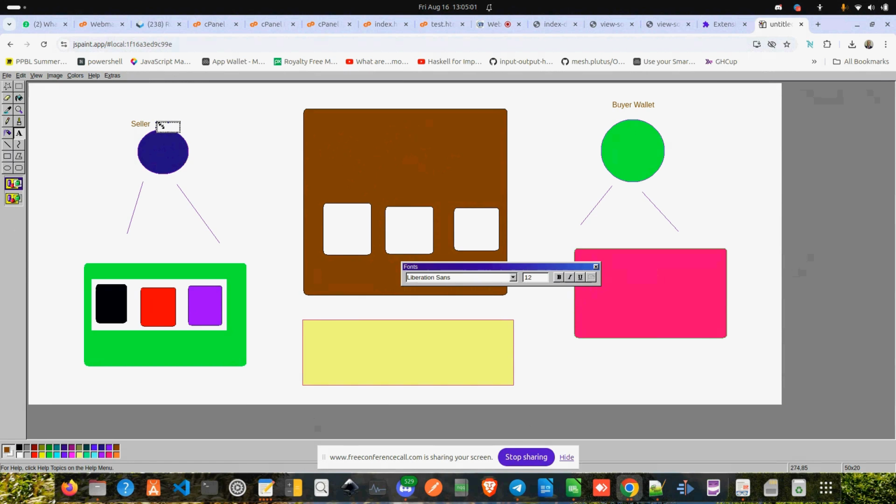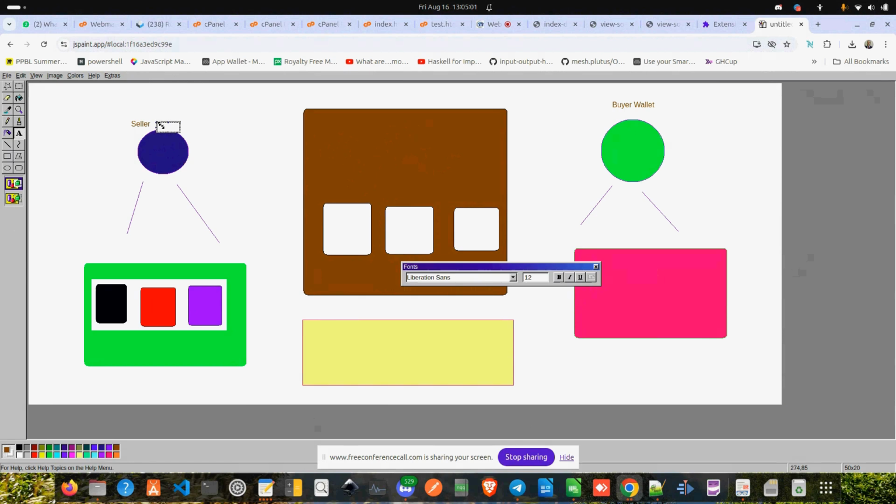So it has an address. The smart contract has an address. And the address has what are called UTXOs, unspent transaction outputs. So when you mint a token straight onto the smart contract wallet address,